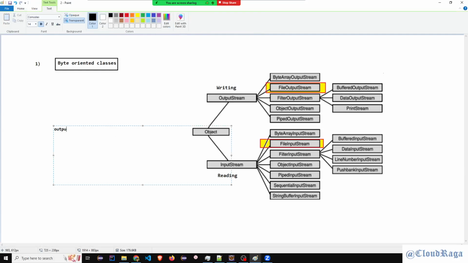That's how you can easily figure it out. If you read output, that means the class is used for writing. I'm not saying where, it's just for writing. Input is used for reading. Again, it's not about file, it could be any type of file.